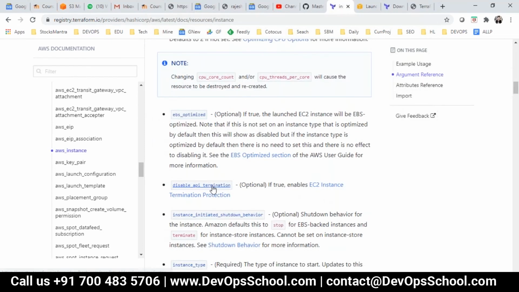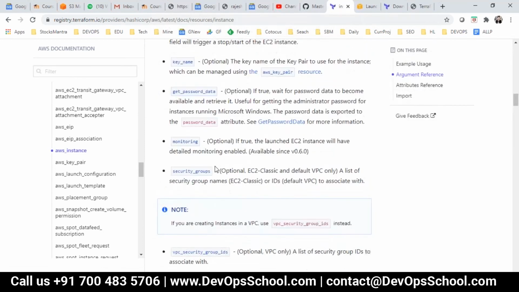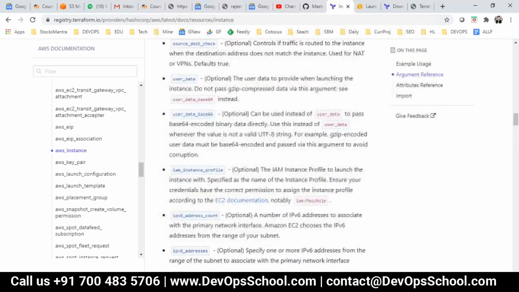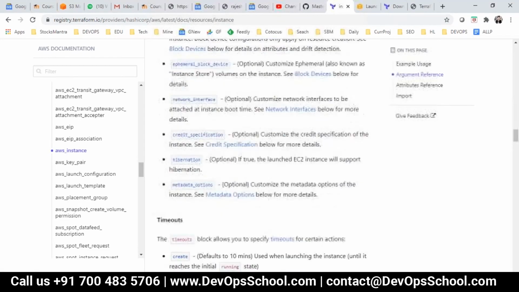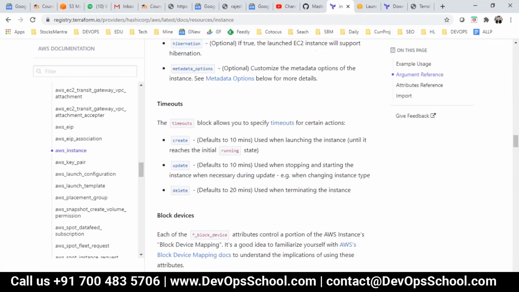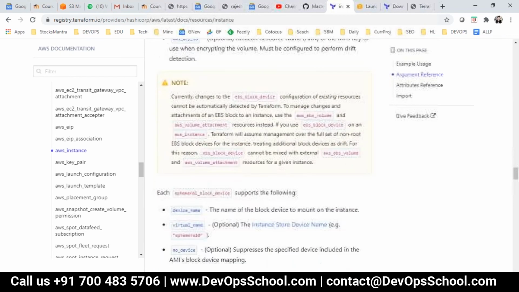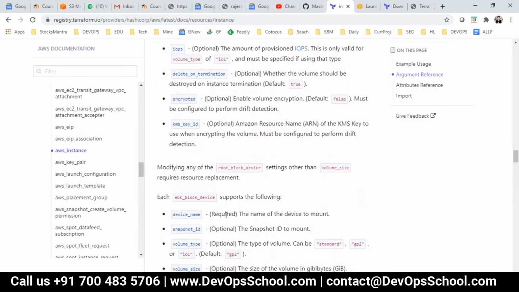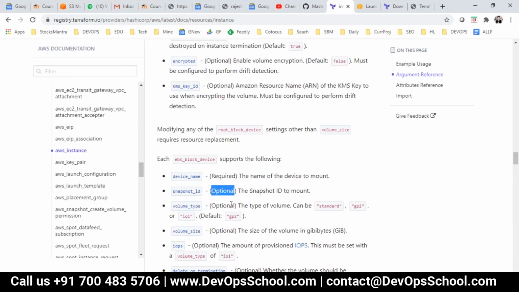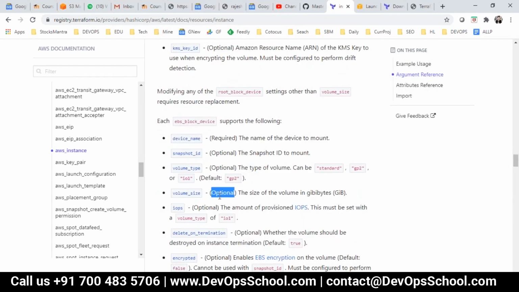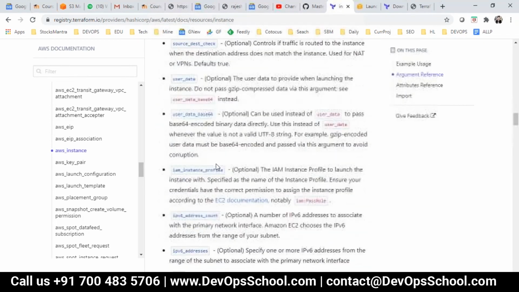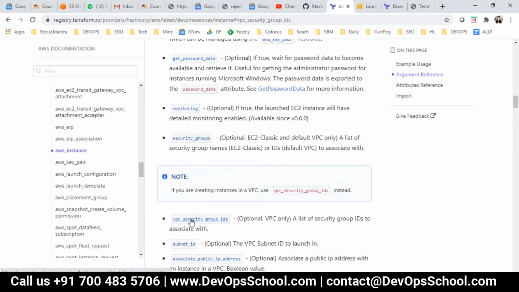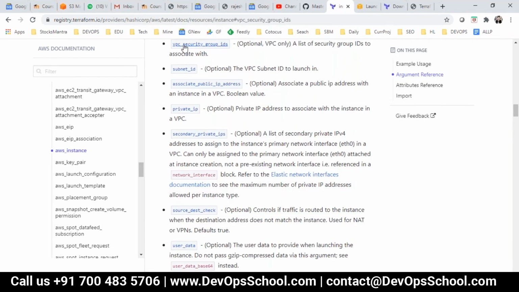Instance type is required. So you can write whichever is required, and optional if you want it. Each resource has different arguments, and there are types also. You see that required, optional, optional, optional. If you declare the EBS volume, then this is required. That way you have to find it out. Each and every example you will get if you click here.